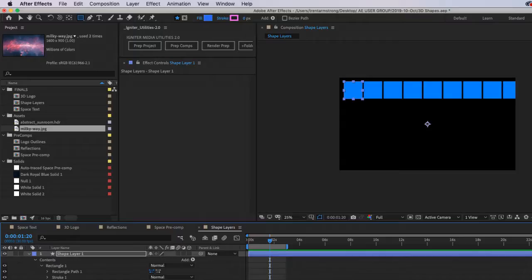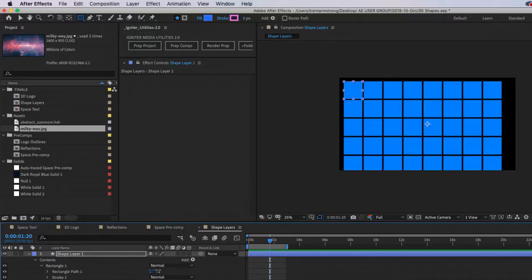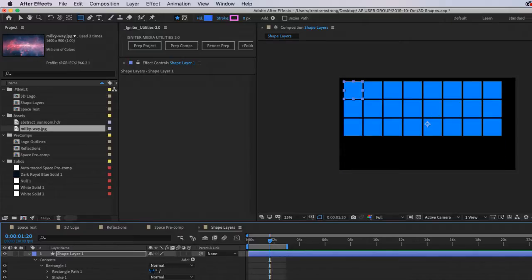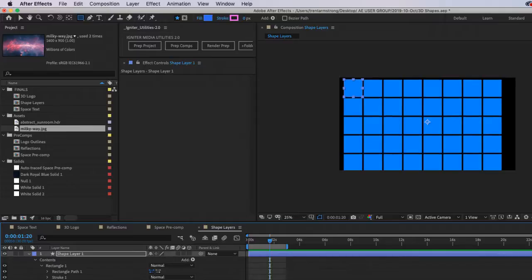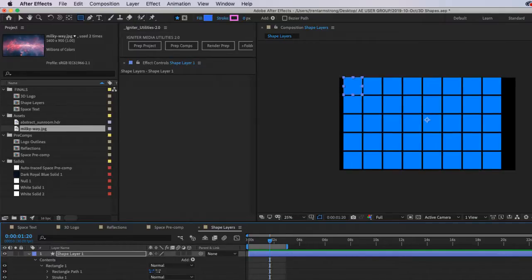Do a bunch of copies, and then I can duplicate that repeater. Instead of going off to the right on the X, I can go on the Y. Now I have taken this one shape layer and made a grid here.